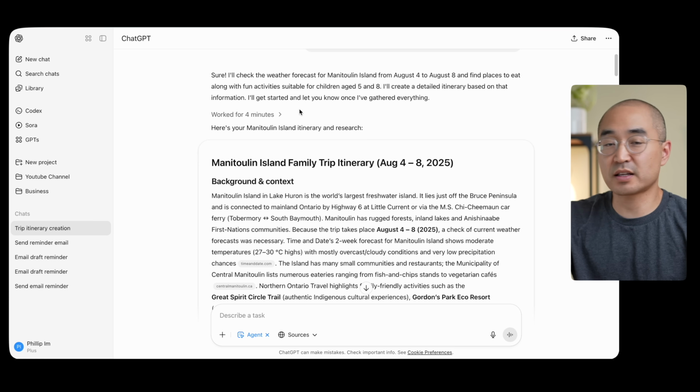It says that it's worked for 4 minutes to complete your task. If you hover over it, it shows that it's conducted 8 searches and went through 72 sources, which is quite impressive for a 4-minute period. But if you're sitting here watching it go through 4 minutes of scrubbing through the internet like that, it's actually a lot longer than you think. And especially when there's the alternative that I'm going to show you, it's certainly a lot of time for it